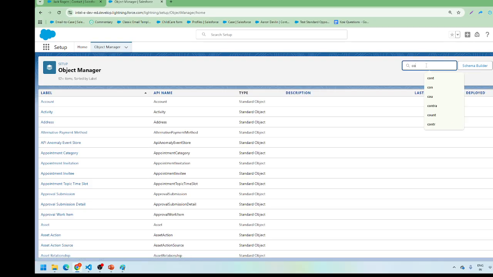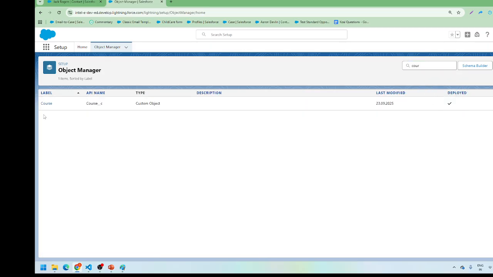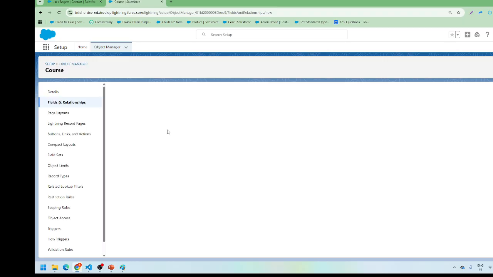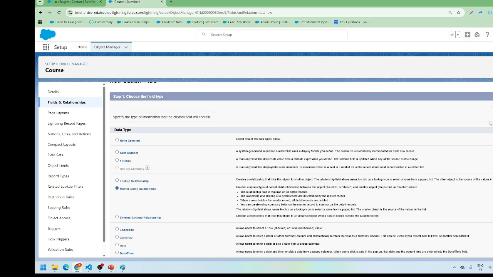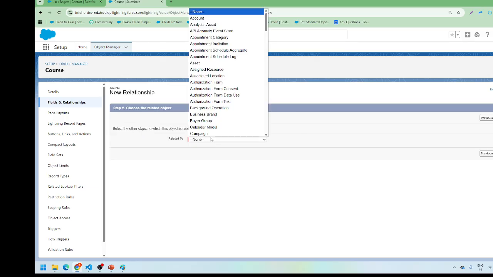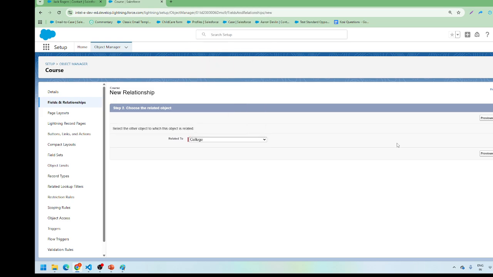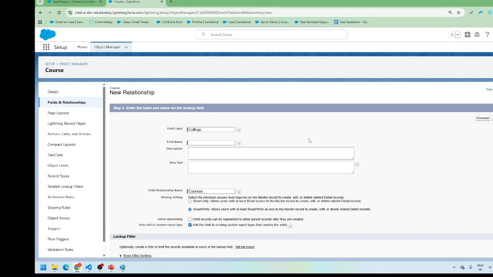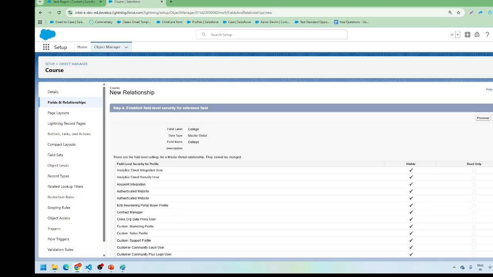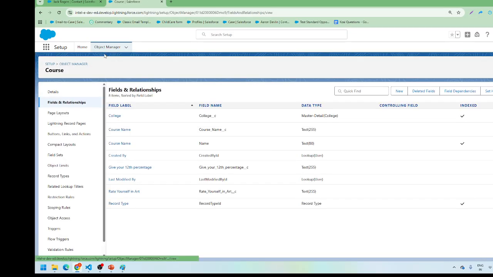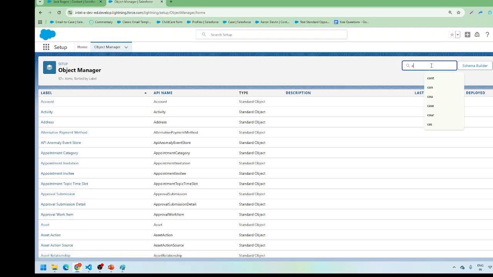Now under the course, we can go to the course, fields and relationships, and create one master detail relationship. Now in the master detail, we can go and choose the college, okay. So now college is the parent and course is the child, okay. So now I created the master detail and saved it, okay. So this is course, and under the course we have one college. College is a parent with master detail. So now when I go to the college,